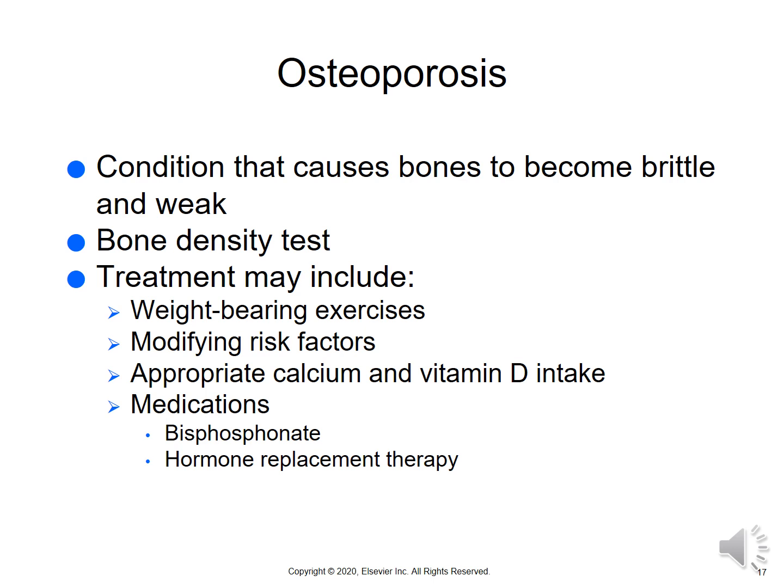A bone density test, otherwise known as a DEXA, is the only diagnostic tool for osteoporosis. The low-level X-ray determines the mineral content of the bone. Treatment usually includes things such as weight-bearing exercises to maintain bone density, modifying risk factors to prevent falls, such as through physical therapy, and appropriate calcium and vitamin D